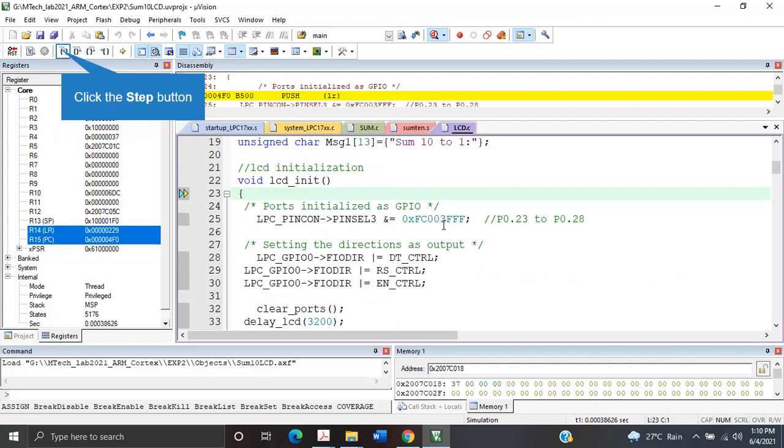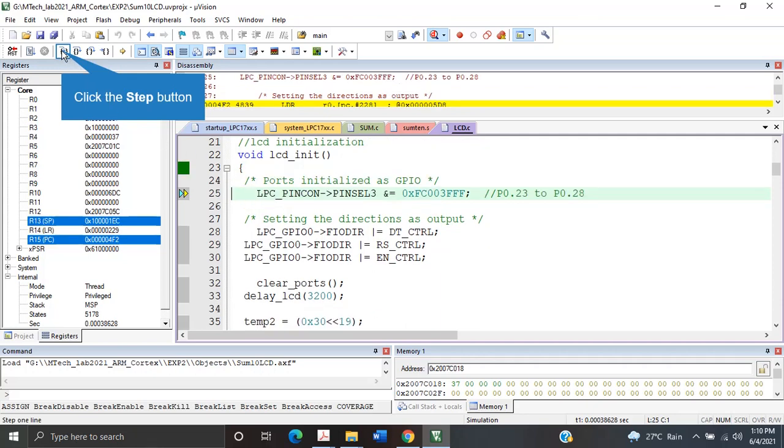For that you should know the LCD architecture. I hope you know that, but otherwise I will just brief it. There will be data control, register select and enable. Data control is how you want to feed the data, and register select is whether you want to write into the command register or into the data registers. Whenever you make any transactions, that has to be catered by the EN or enable.